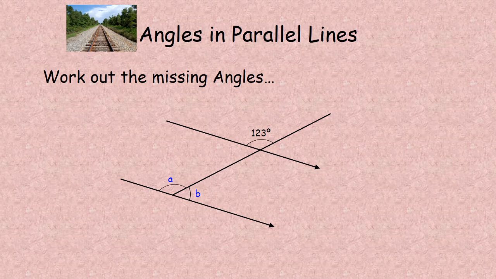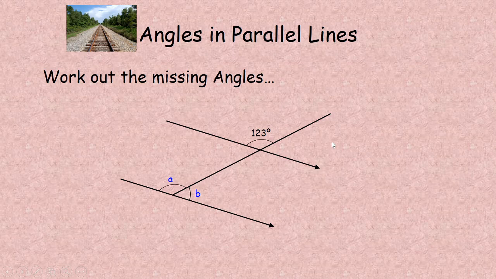Okay, so here's our example. We've only been given the 123, so when you're starting these questions, you have to think, well, how can I link this 123 to one of these two angles? Okay, I can't use alternate angles. That would need to be on this side here to link to B. Yes, you could work out B